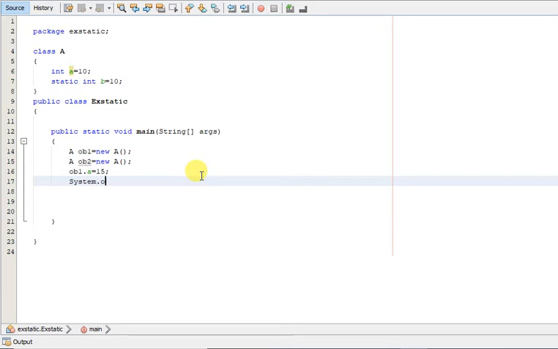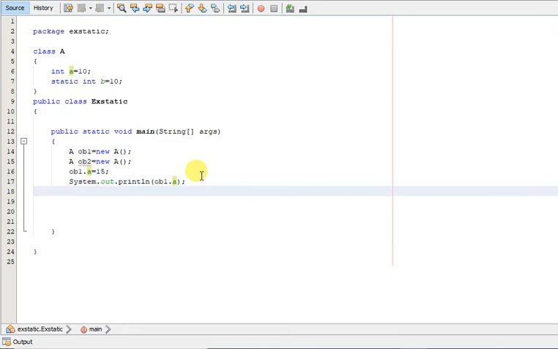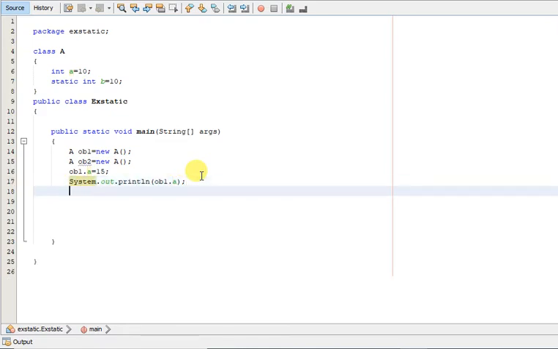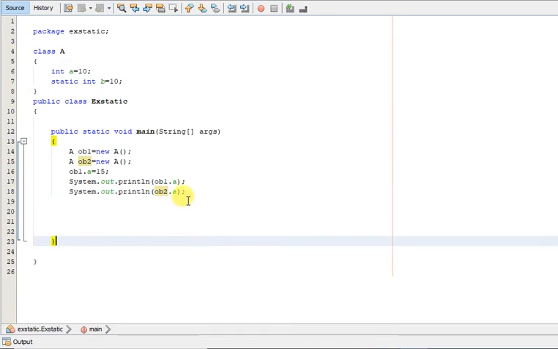System.out.println(ob1.a); Control C, Control V. Now let us print ob2.a.